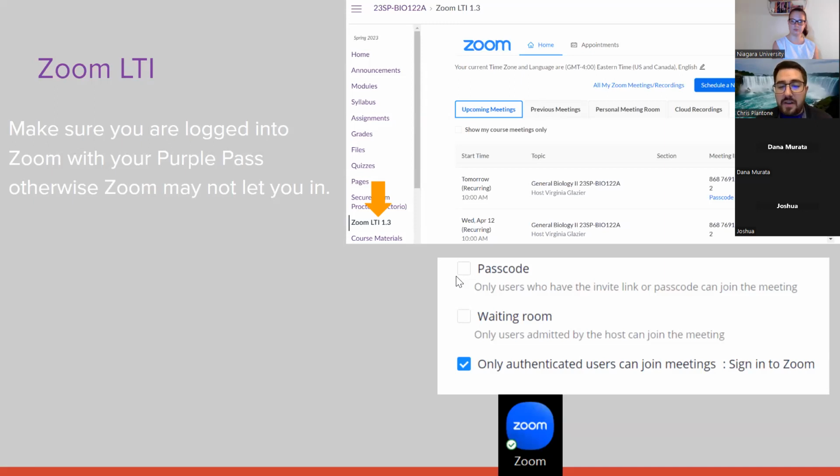And a lot of professors will do this authenticated users can join the meeting. That means that you have to have a Niagara University email enabled to join. So if you're having trouble, you may have to sign out of Zoom and sign back in using your desktop application,